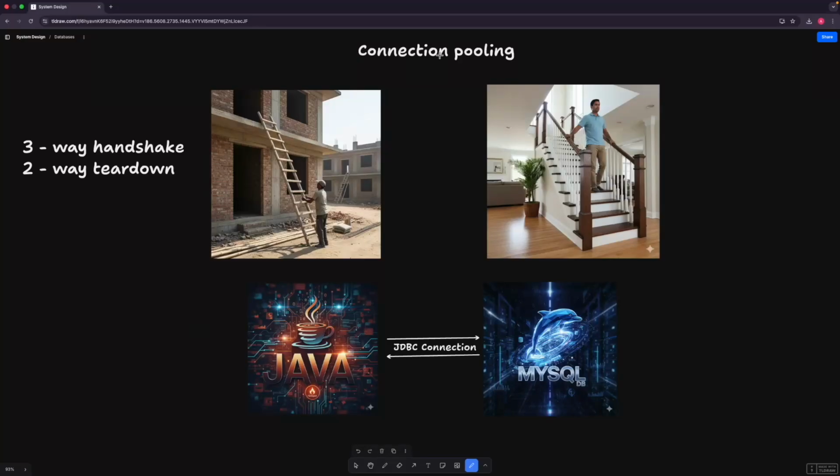Okay, so let's discuss connection pooling. To understand connection pooling, let's take a very simple analogy. Let's say you want to climb from the ground floor to the first floor. For that, you'll pick a temporary wooden staircase and place it properly, and then you will climb up, and then you will remove that wooden staircase from that place so